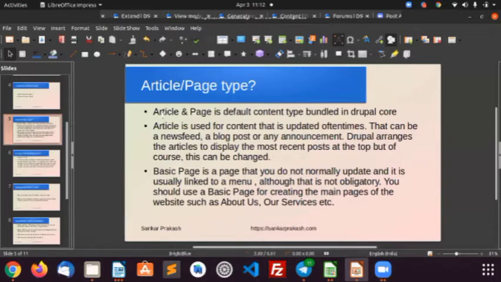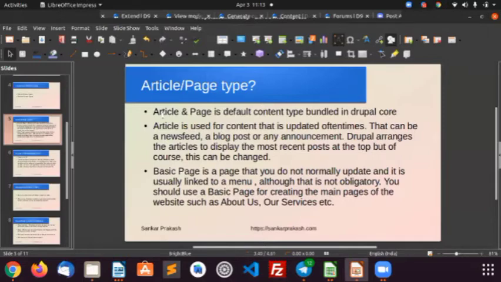So as he said, article and page are default content types that come bundled together in the Drupal core packages. Article is used for content that is going to be updated very often, for example blog posts, news feeds, or any announcement. The basic page content type is for very static pages, for example about us, contact us, and our services pages.